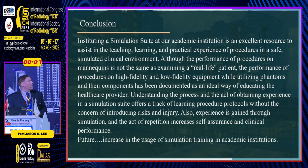Conclusion: instituting a simulation suite at our academic institution is an excellent resource to assist in teaching and learning practical experience of procedures in a safe, simulated clinical environment. Although the performance of procedures on mannequins is not the same as examining a real-life patient, the performance of procedures on high-fidelity and low-fidelity equipment while utilizing phantoms and their components has been documented as an ideal way of educating the healthcare provider. Understanding the process and the act of obtaining experience in the simulation suite offers the chance of learning procedures without the concern of